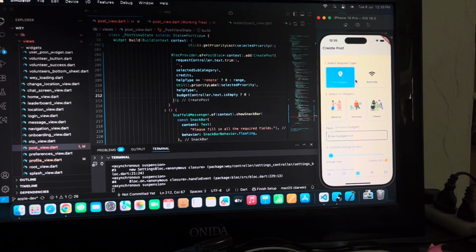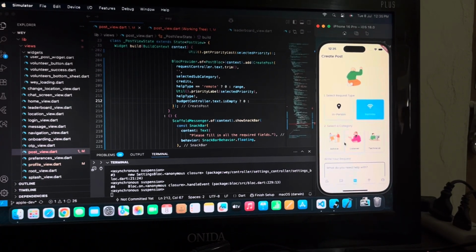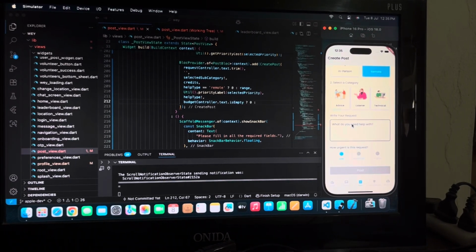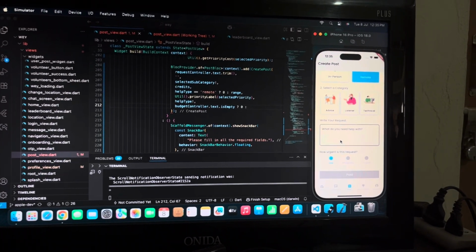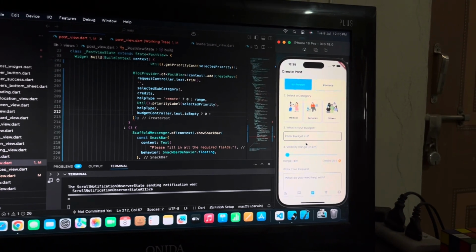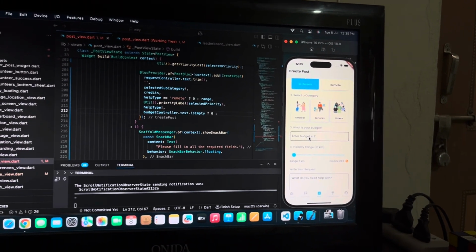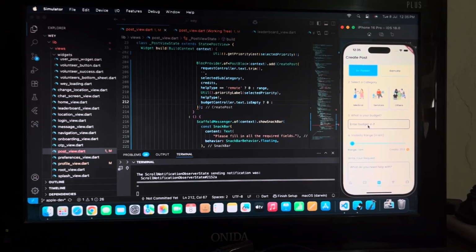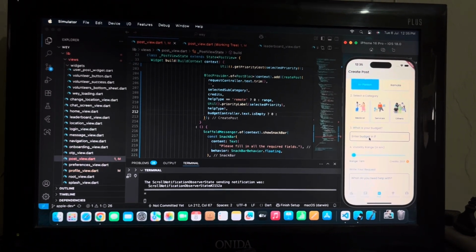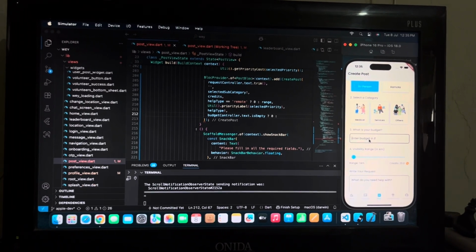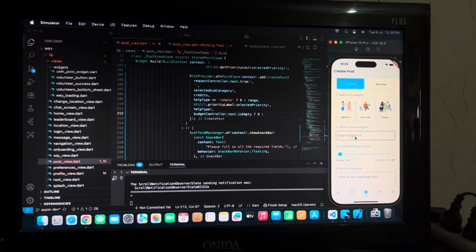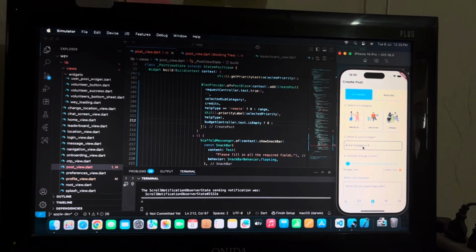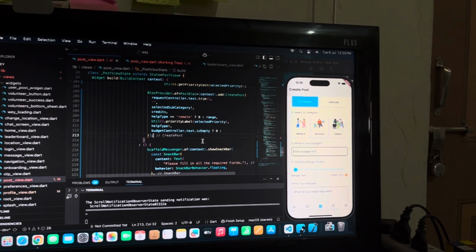So now there's in-person and remote help. For remote help you don't have to set any budget, but for in-person help you have to set a budget because someone will come to your place specifically to help you. So he or she will require some kind of money, or maybe some money from your side, some budget required. So I have added this, and currently I am doing the logical part for it.